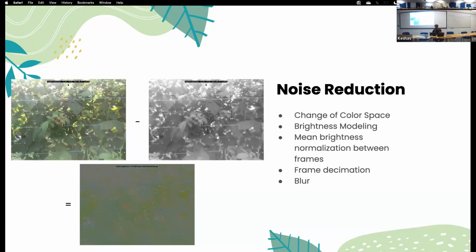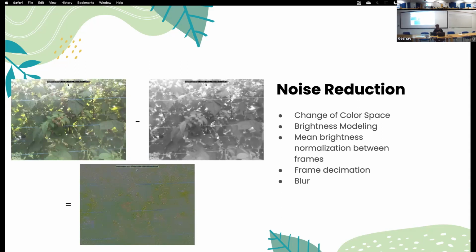Most of the noise that we're talking about due to wind can be removed with a simple final blur, just minimizing the amount that a green leaf moves over another green leaf, affecting the way that the final data is perceived. But noise stemming from changes in brightness is a bit more complicated. To do this quickly